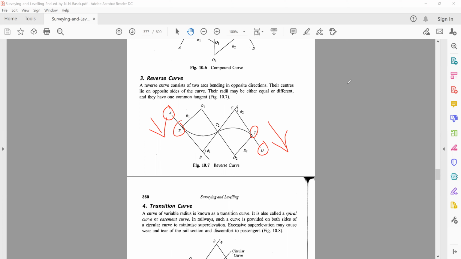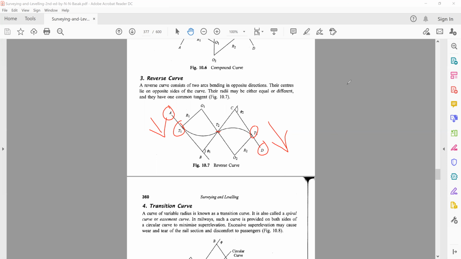T3D is supposed to be your direction of travel after you give the curve. Now, like I said, usually these curves are given in hilly areas or in cities where there is restriction of land, where you do not have access to the entire land. So you have to navigate your way, you have to be creative, and that's where a reverse curve can come in. So once you give a reverse curve, what happens is that from the point T1 to the point 2,